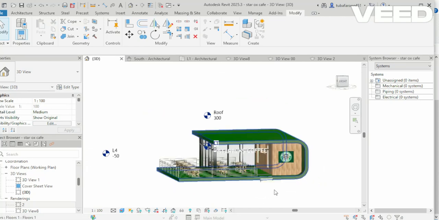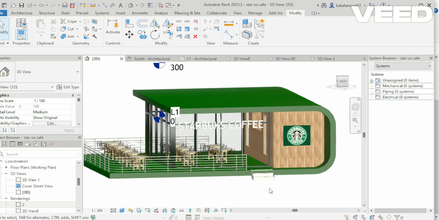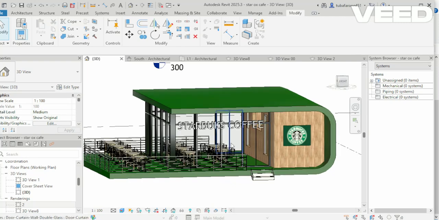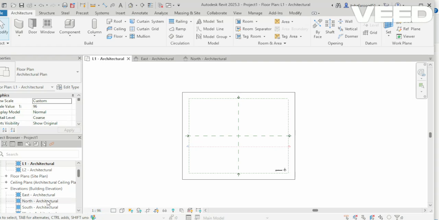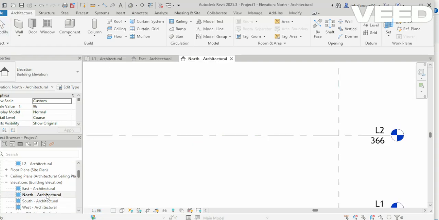Today we have a very interesting topic: how we can create this type of Starbucks coffee shop in Revit, and how we can add this type of C-shape element, or any shape element, to your building. So let's get started. For the first step, just go into any elevation view and set up your levels